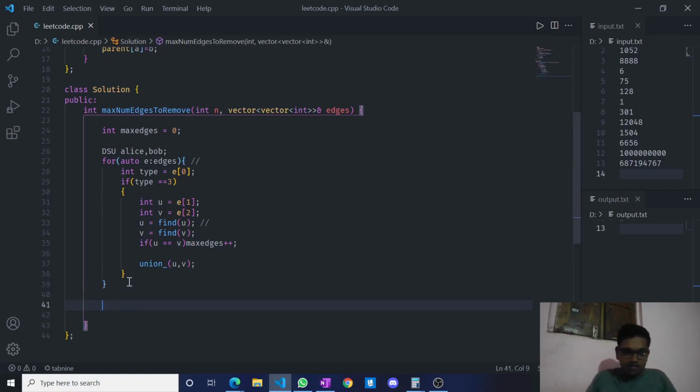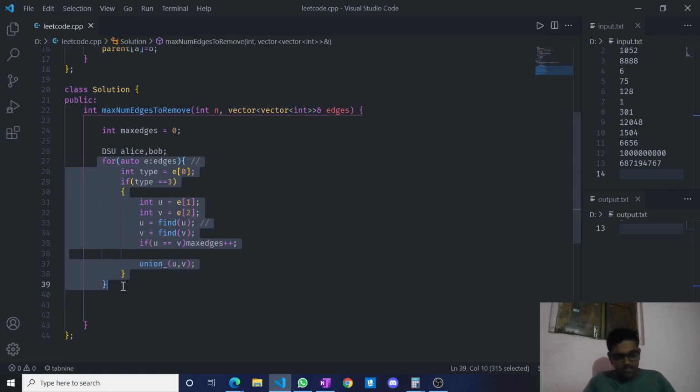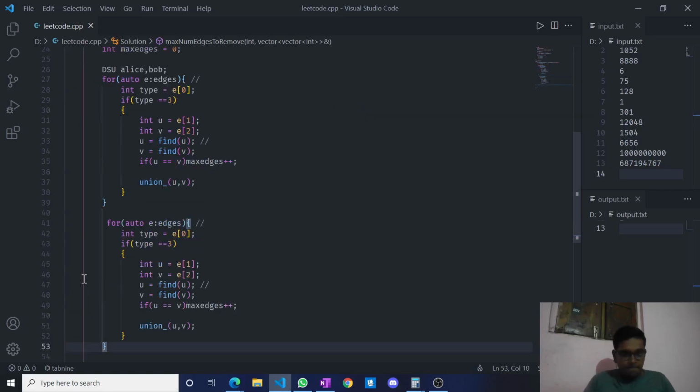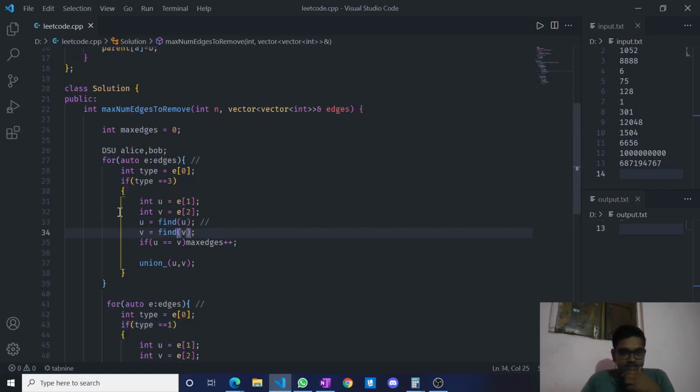Now we can go separately for Alice and Bob DSU. So I will simply copy and paste this. Okay, and if this type is 1, that is, it is Alice. So here I forgot that we have to make two DSUs. So let's find from Alice's parents. Here we can use anything, but for merging we have to merge in both DSUs.